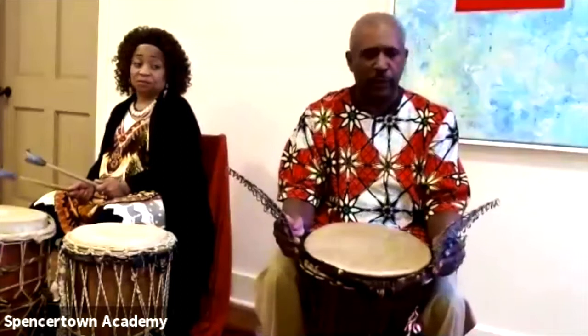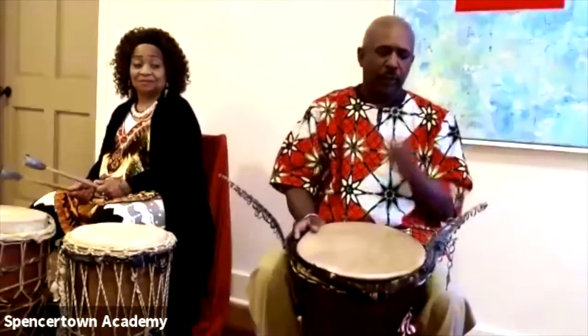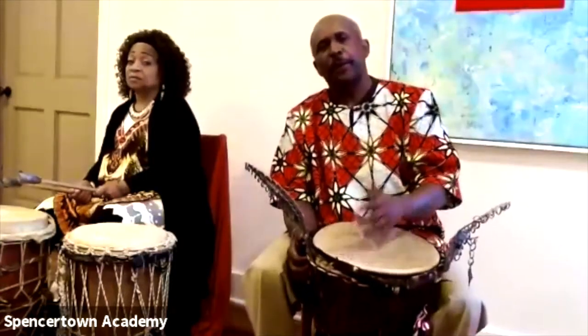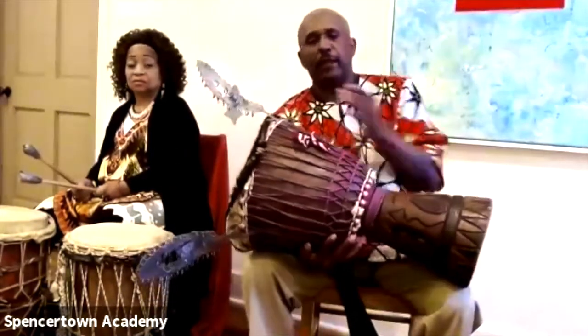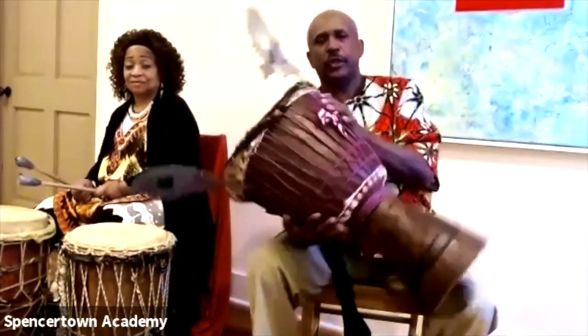You see these objects on my drum that sound like a tambourine. If you think about part of the history of the drum, I'm digressing here, but when the Africans came over from Africa, the slave owners would not let them communicate, so they would communicate with their drums. But the slave owners realized they were communicating with their drums and would not allow them to play. So they would take the drum and cut it down to make it smaller. If you cut it right down to about 2 or 3 inches from the top, you'd have what resembles